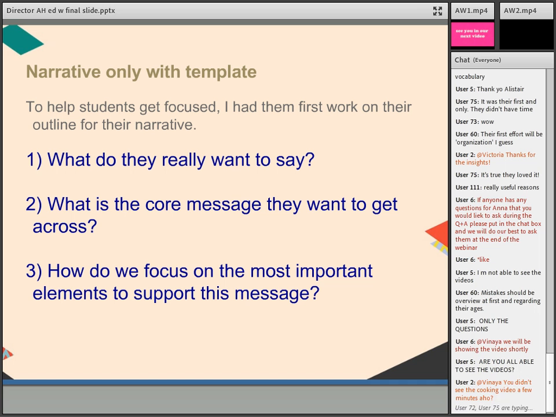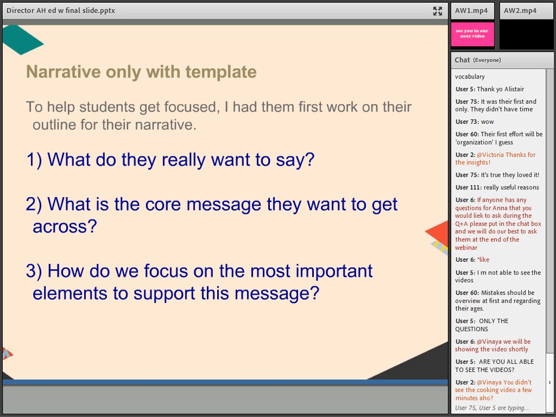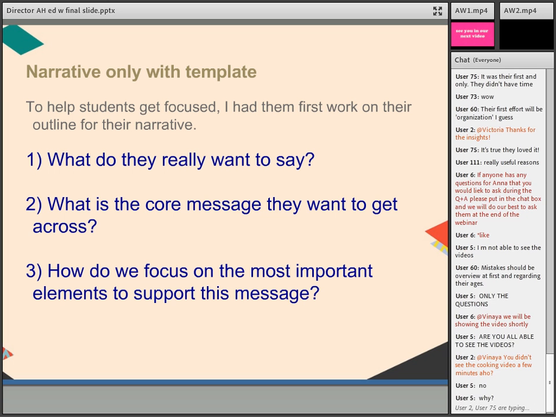We narrowed it down again, as I talked about choices and limiting things. It's really important, especially with the younger kids, to say, okay, this is not going to be a YouTuber type. This is just going to be a narrative only with a template, which basically means they selected a whole bunch of photos, not even any footage in this particular one I'm going to show you. They put it into a template that was available with iMovie, and then they wrote the narrative and did the audio on top of it. It just gave them a point of reference and a focus so that they didn't get too out of control with their ideas.